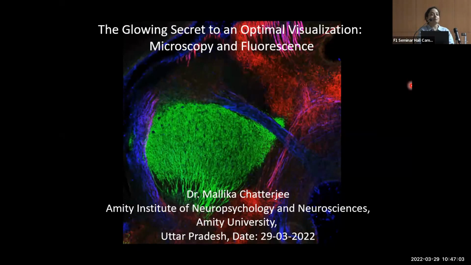So microscopy, as Professor Das correctly pointed out, there's a huge scope in microscopy, and the word lies there, microscope, so scope. And what can we not do with it? As you see here is a picture from my own publication, and it is a mouse which has green cells. GFP, again, a word, green fluorescent protein, which Dr. Das pointed out. And it's a very important region of the brain called the thalamus, which acts as a relay station through which